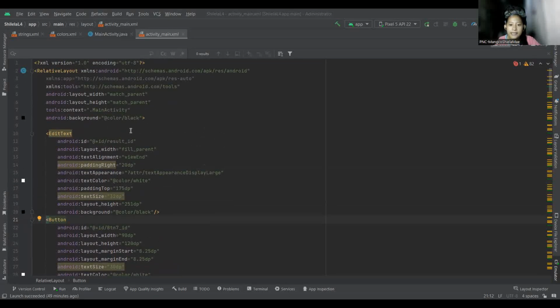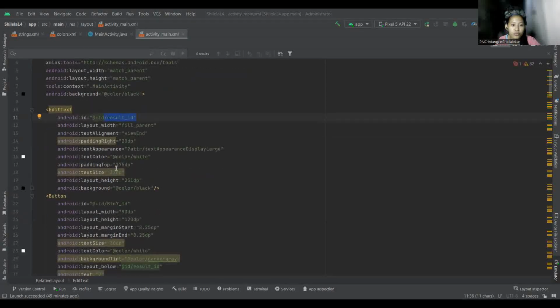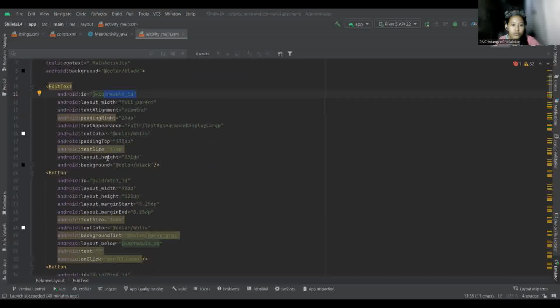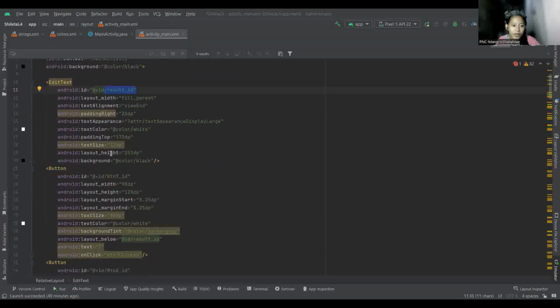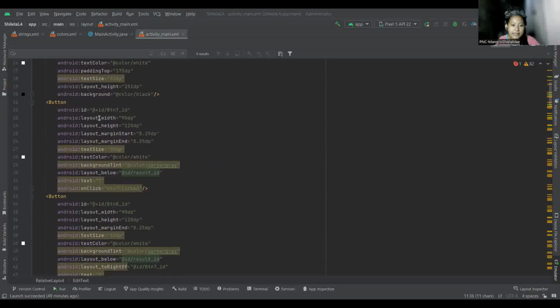So the edit text has an ID of result ID here, and it is used to display the result of calculations. And it has several attributes, including the text alignment, the padding, the text size, and background, which are used to style the view. So the buttons have IDs and various attributes, including the layout width, the layout height, text size,